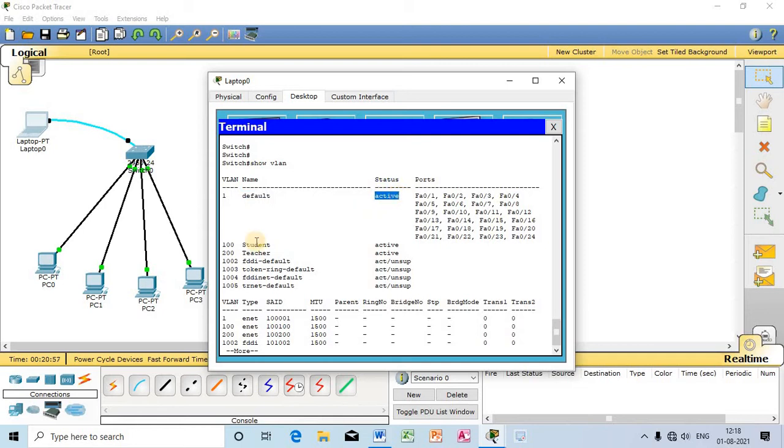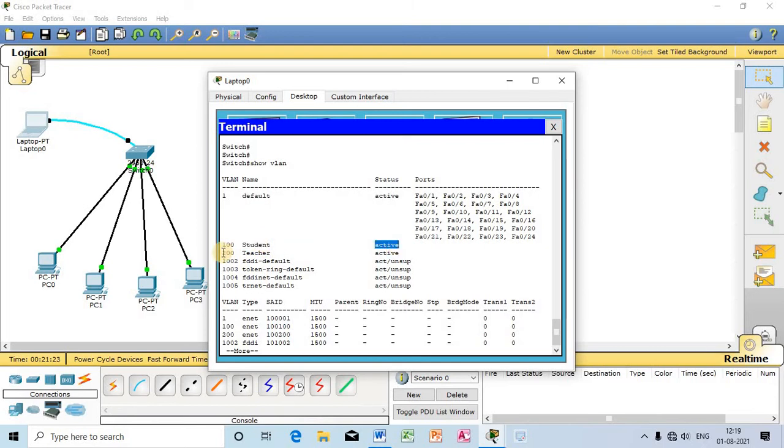This is default 1. Each and every switch has this value 1 by default. Now I have created another VLAN, value 100 and name student. I have allotted the name student and the status is active.